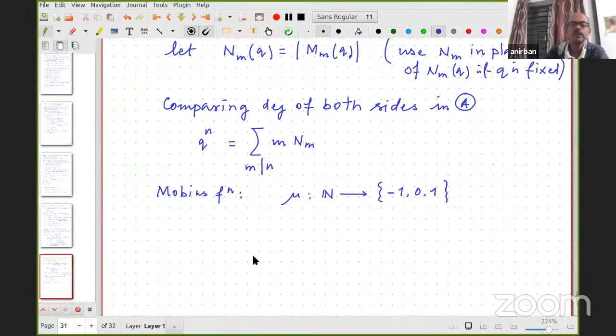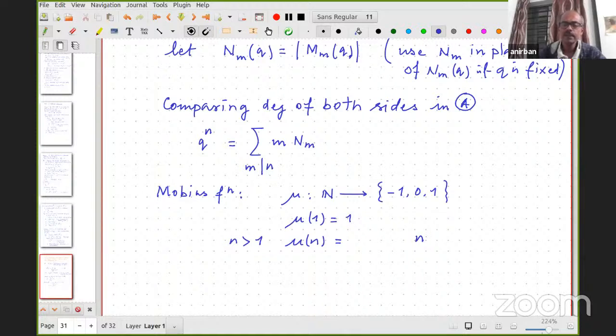So these are the three possibilities. So mu of n, a natural number. So mu of 1 is 1. That's just defined that way. And mu of n for n greater than 1 is,